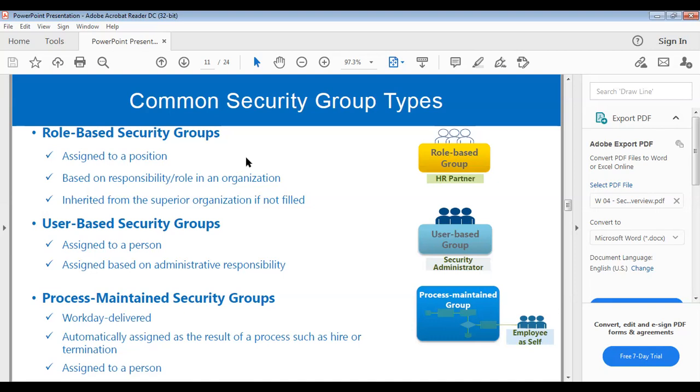We can do that. Whenever we hire a person, we can make changes to his security. Okay, and we can do this. We have seen business process security policies and government security policies. So we will try to make changes to the existing functional area, and we can add a user to the particular group.